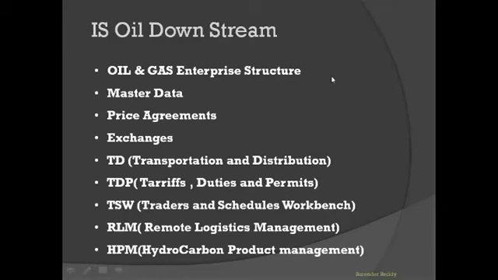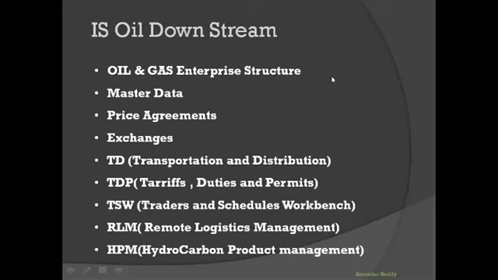In the master data, we use SD master data here. Those are like SD master data only, but oil and gas master data are a little different. Oil and gas enhancements will be added to that master data. Important master data are customer master data, vendor master data, and material master data. These master data we will discuss. I think you know about master data and transactional data, so there is no need to discuss that.